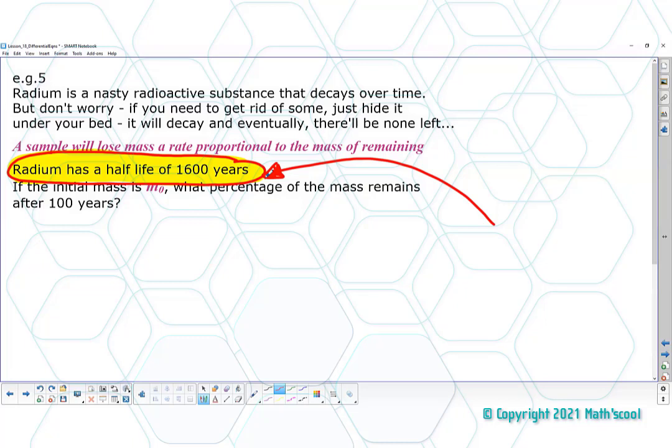The time taken for the amount of radioactive substance. Yeah, so in 1600 years, its mass will have